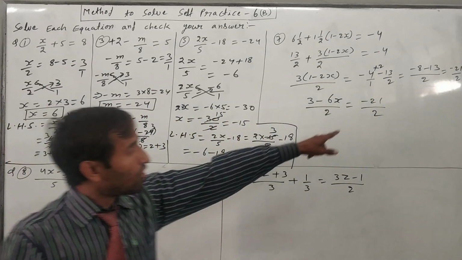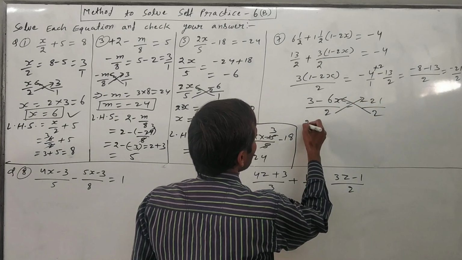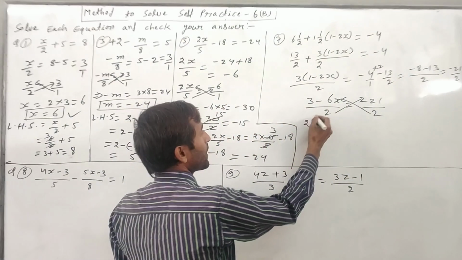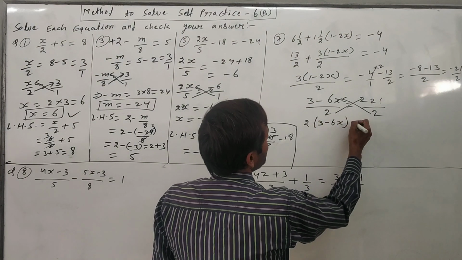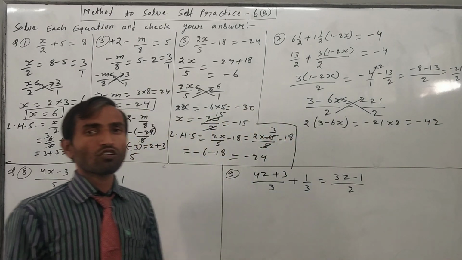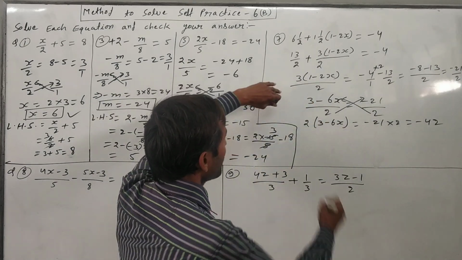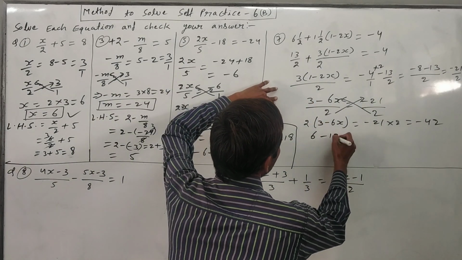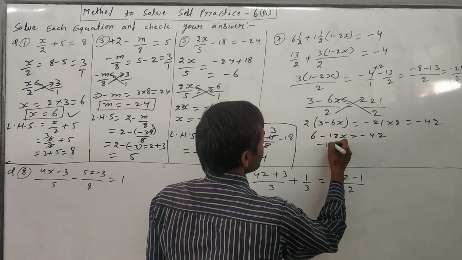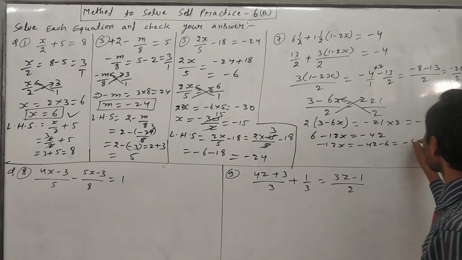Now we have to cross multiply here again. Okay, so 2, put a small bracket here because this 2 will multiply both. So be careful, just put a bracket here, then you will not get any confusion. So minus 21 into 2, then it will come minus 42, because 21 times 2 is 42 and minus sign is there, that's why there is minus. Then 2 will multiply here, so 6 times 2 is 12x is equal to minus 42. Then this 6 will go to that side, minus 12x is equal to minus 42 minus 6, then we will add, minus 48 will come.